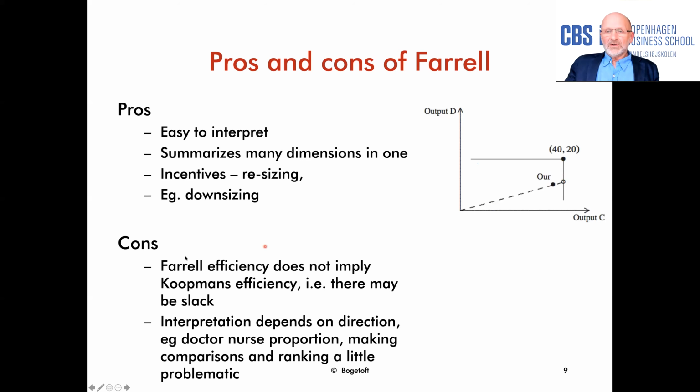So that's the first drawback of the measure. And the second drawback of the measure is that if you now have, for example, 2 hospitals and they both have an efficiency of, let's say, 90%, but they have a very different composition of resources. So maybe one has 2 doctors for every nurse, and another one has 2 nurses for 1 doctor. Then you can say that, okay, you